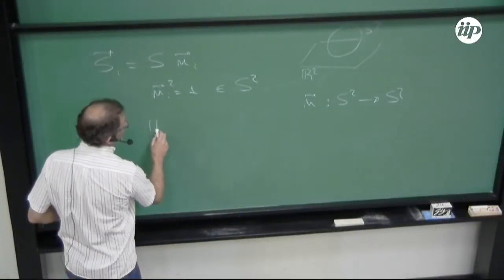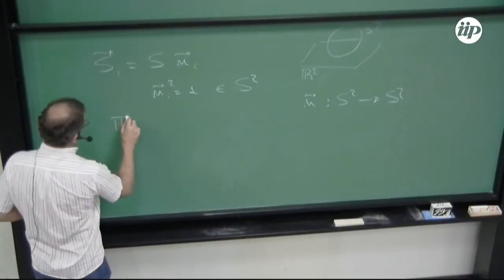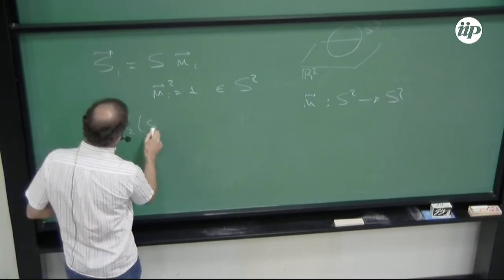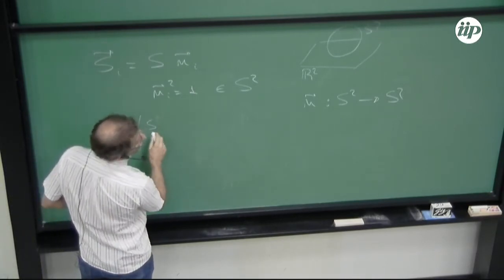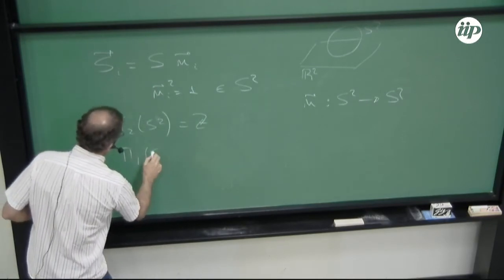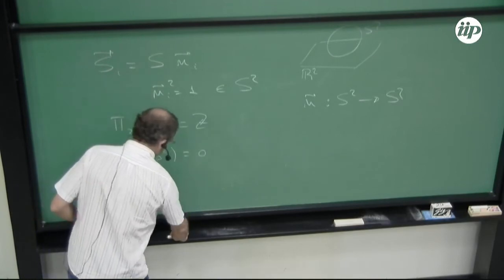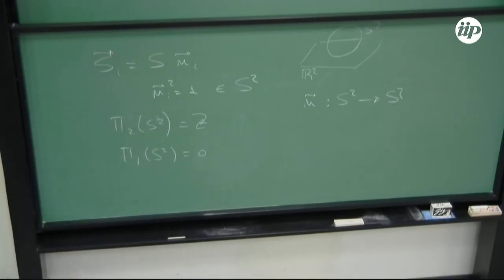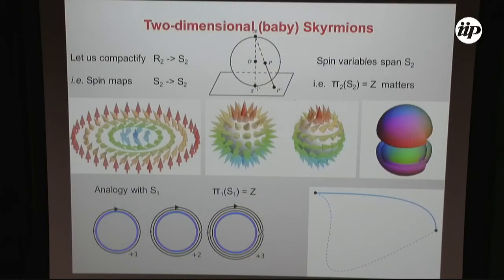The other thing I would like to use: we know that pi_2 of S^2 is Z, but we also know that pi_2 of S^2 is trivial, okay? So there are no vortices here. And this will change when we move to the antiferromagnetic triangular case. So essentially, this is a typical topology argument. You have these charged states, which look like this or like that, but they are topologically stable.